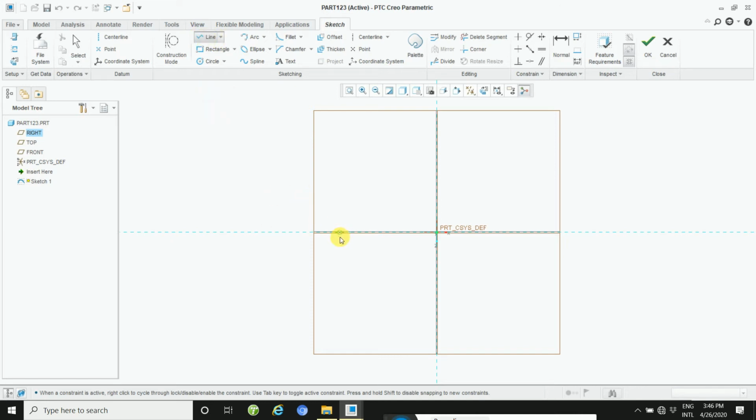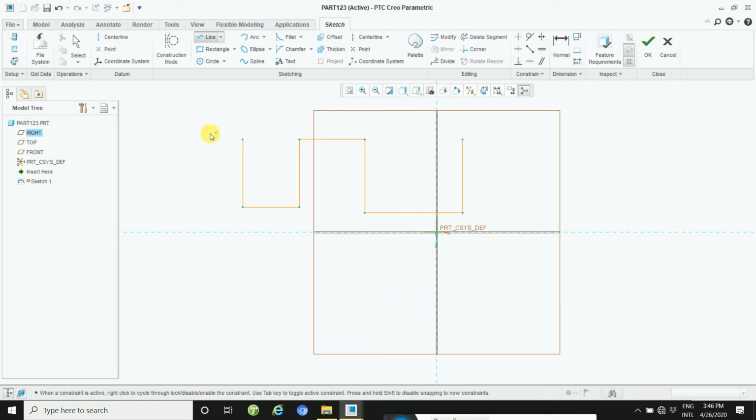Okay, now with the help of this command we will make this line. Click anywhere here, then click here. This is the working area. In this working area, anywhere you click the cursor, first point and then second point, this way your line will be created.